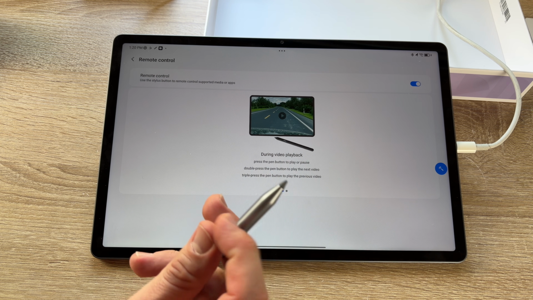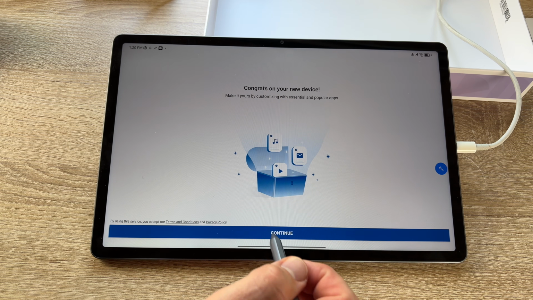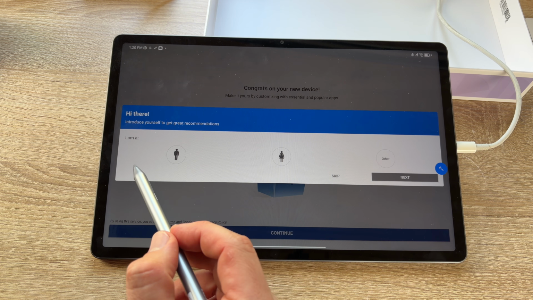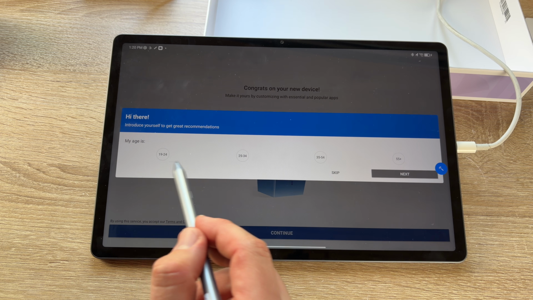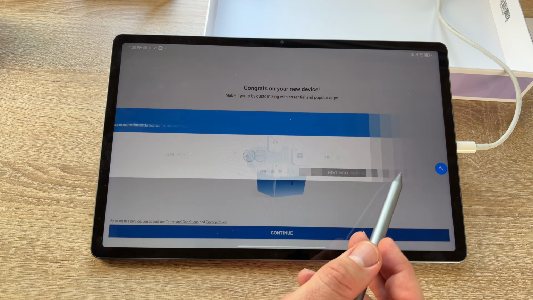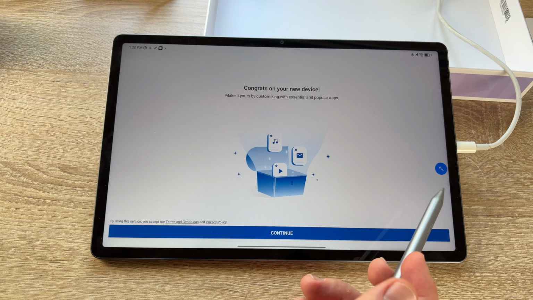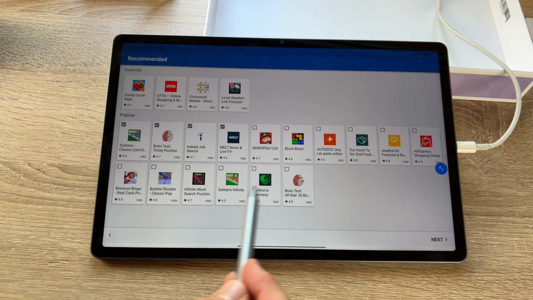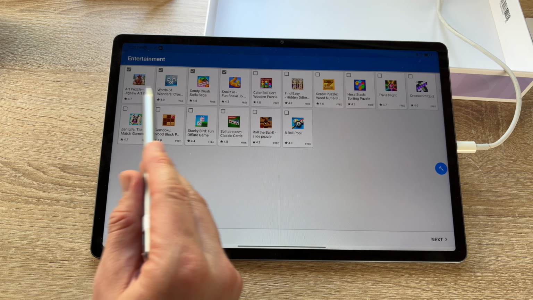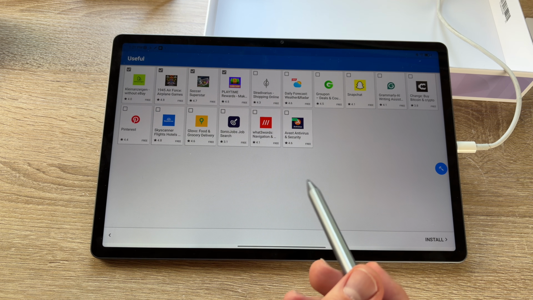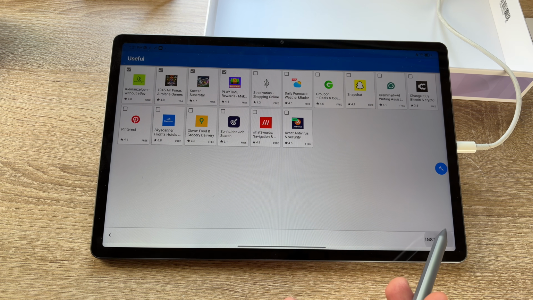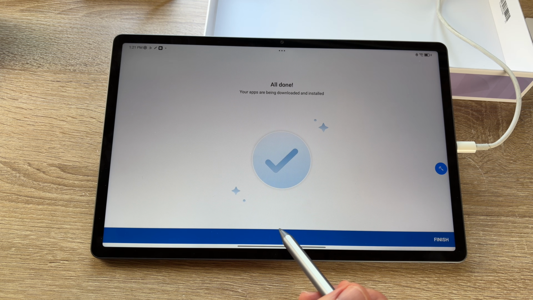Of course, you can make a lot of stuff out of it. So here we are. What is this? We can see which age we are in, and optimize the app recognition. We can make essential popular stuff if we need that. We can choose between some entertainment stuff. But this is not only the Android thing, this is the Lenovo stuff. This is the finish now to complete this task.